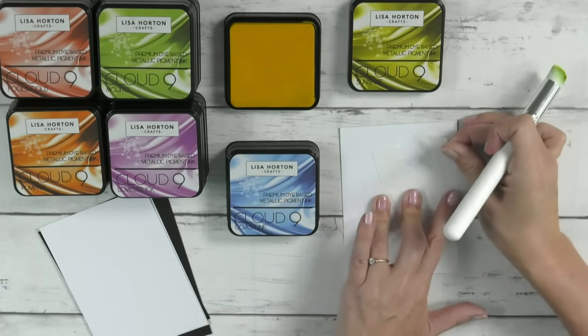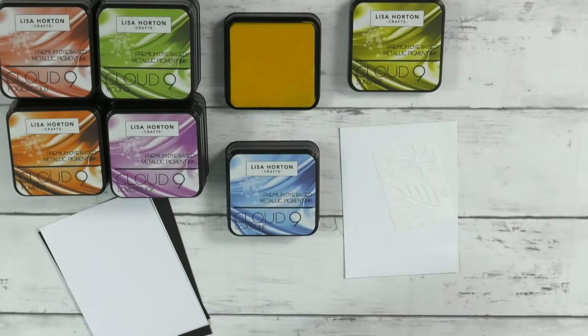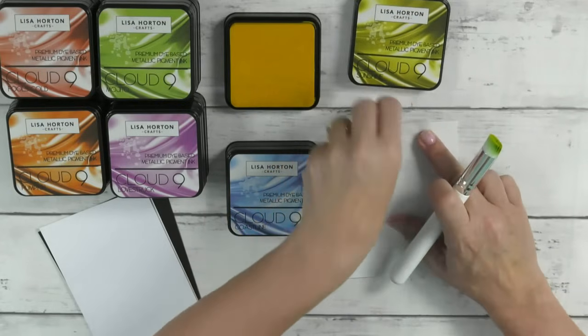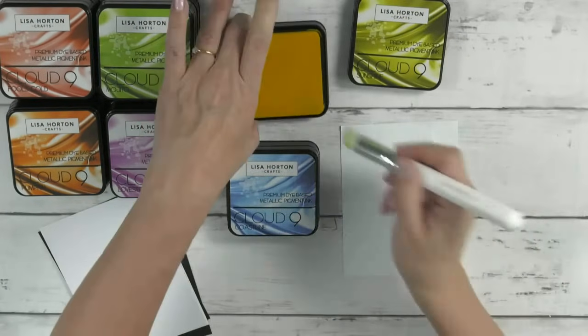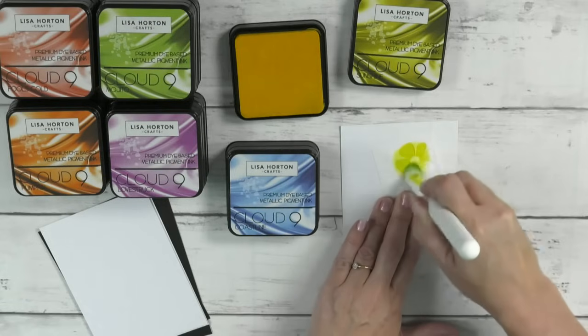It doesn't really matter because we're only practicing, but if you have a stencil which is really close to the edge, it's always handy just to tape it down so you don't go over your cardstock. So let's pop that there as well. And to be fair, I might end up in the leaves or other areas, but it's not really a big issue. So take your ink and we're going to go all over the top,